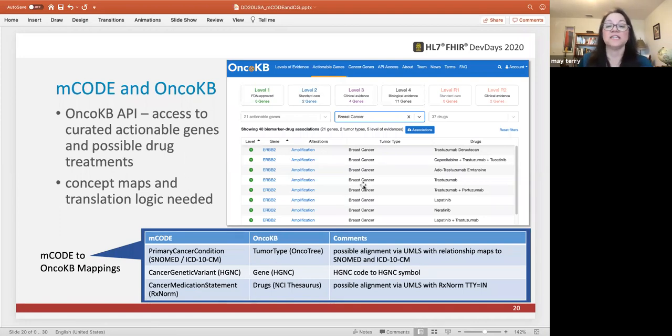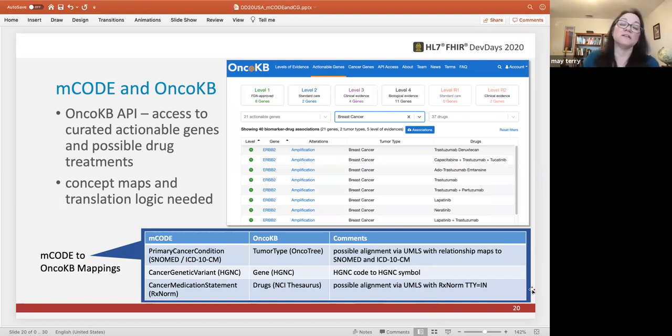You could have two potential use cases where by passing it, doing a mapping to OncoTree and HGNC and the NCI thesaurus. Not perfect, but this is one possibility that you can potentially go through UMLS and have the NCI thesaurus code map. It would require, however, that you take an RxNorm code, map it to the term type of ingredient, and then potentially go up through UMLS and then down to see the NCI thesaurus code and potentially see if